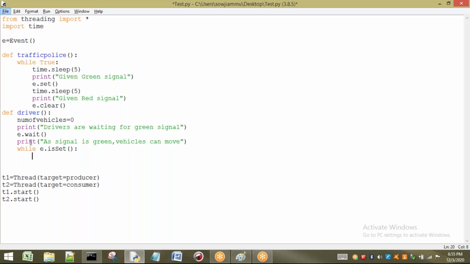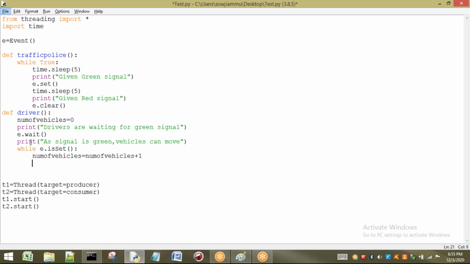Now I will count the vehicles that are going to move here. That is, number of vehicles equal to, what do I have to write? Every time it is going to increment: number of vehicles plus 1.